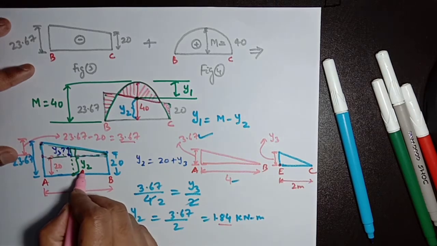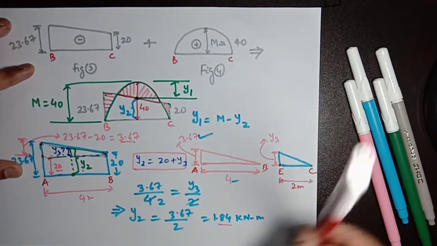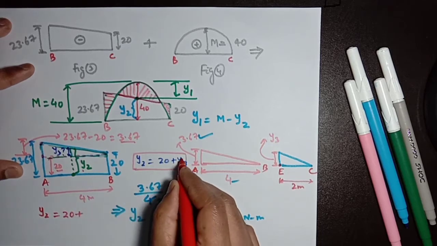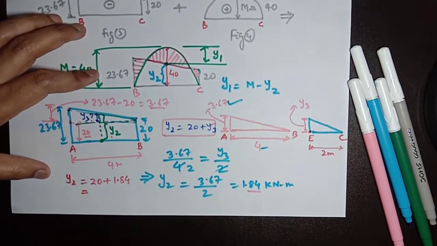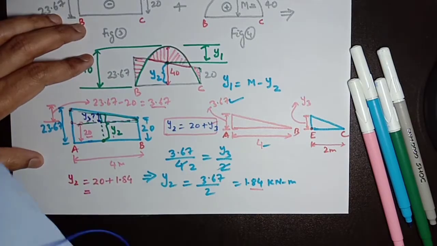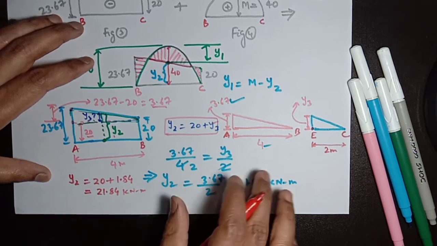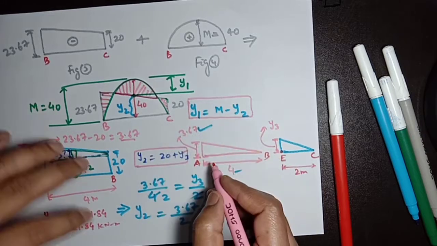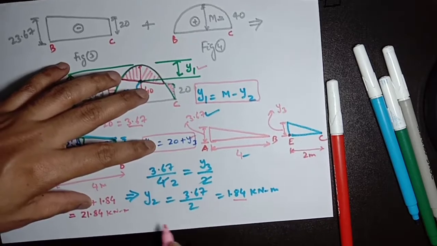Now y2 will be 20 plus y3 as per this equation. Y2 will be 20 plus the calculated y3, 1.84, therefore its value will be 21.84 kilonewton meter. Now as per this formula here, y1, the subject of our analysis, the final span moment, will be